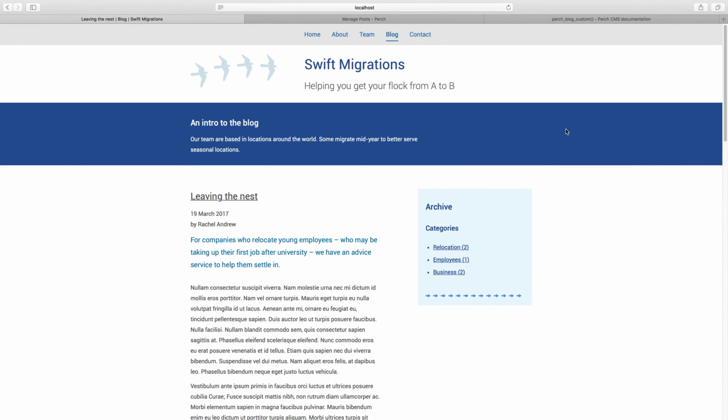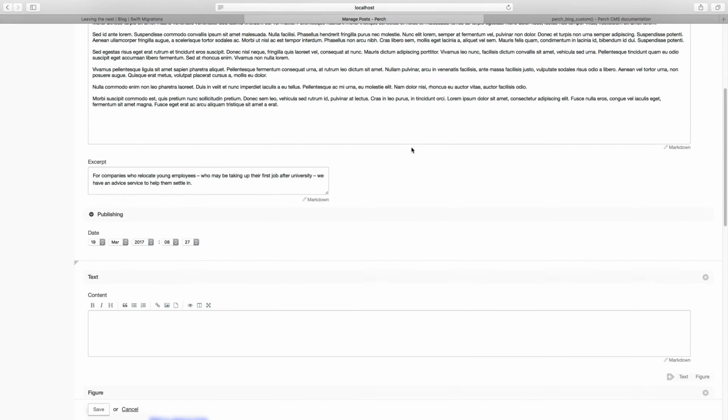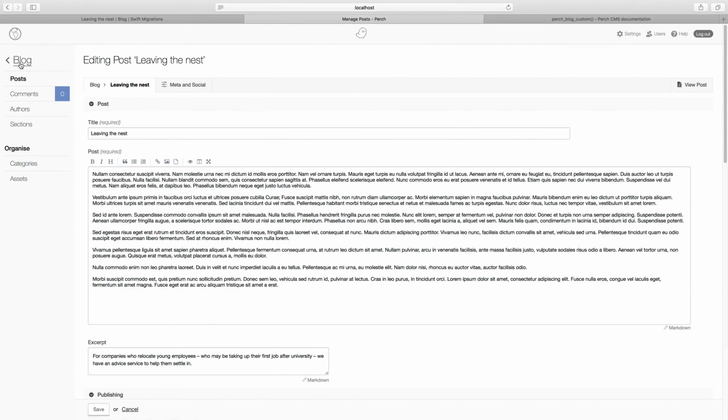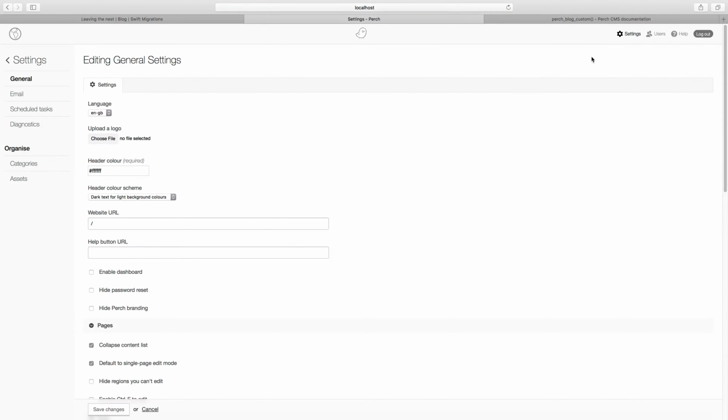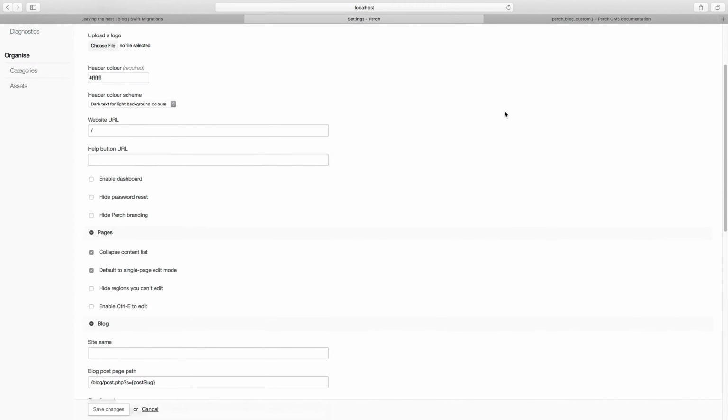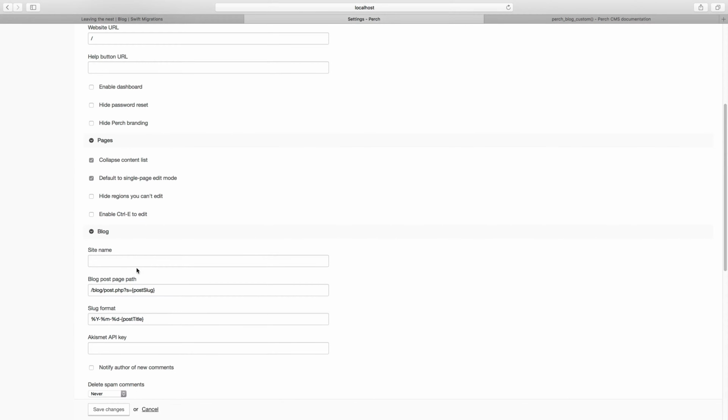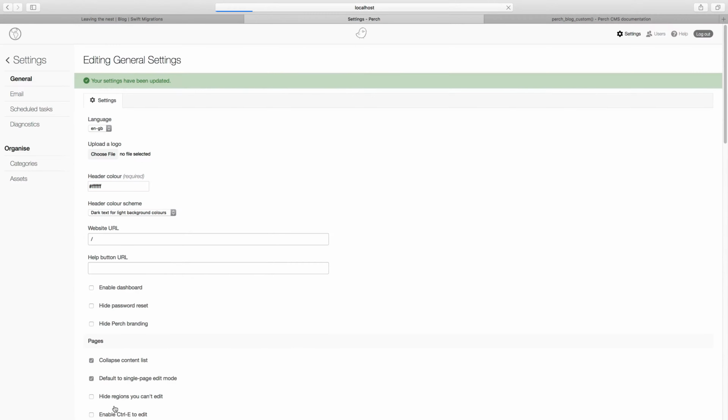Now, so that Perch knows that we've done this for the blog, we're going to need to go to our settings. This is the general settings, and if you scroll down, you see this here, it says blog post page path. Now, at the moment, that's showing post.php and then s equals post slug. Well, we don't want that. What we want to do is remove all of that, because that's what you're going to be sending to the page, and that's what we're going to be clicking on. So if we do that and then save the changes,